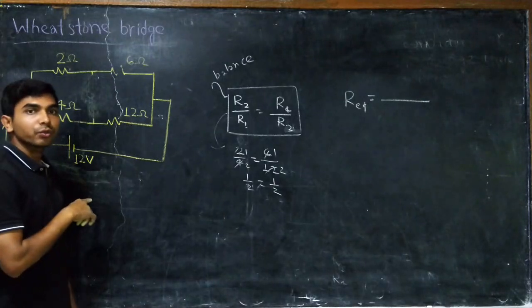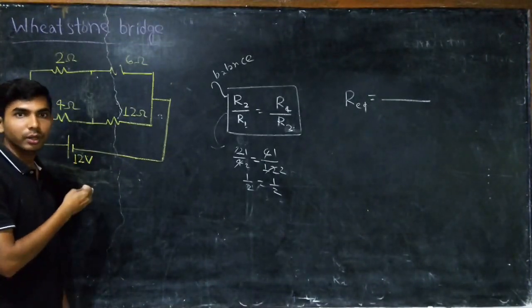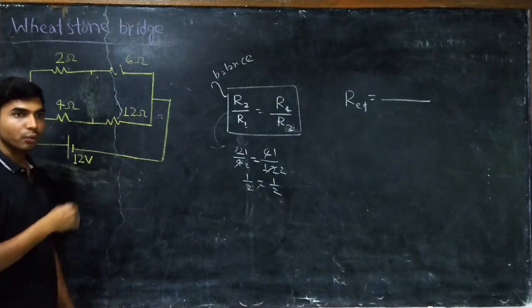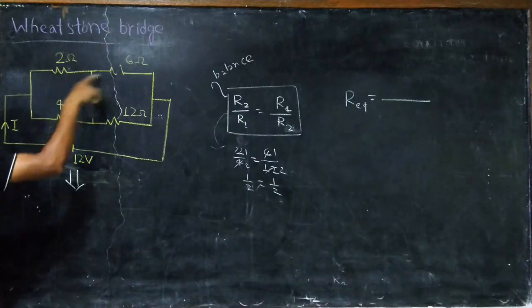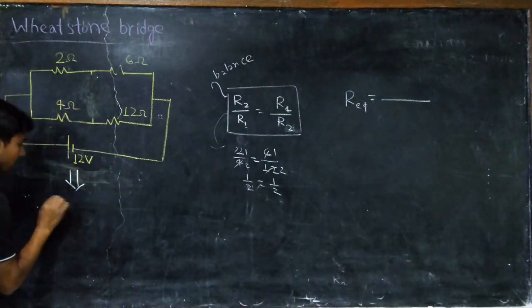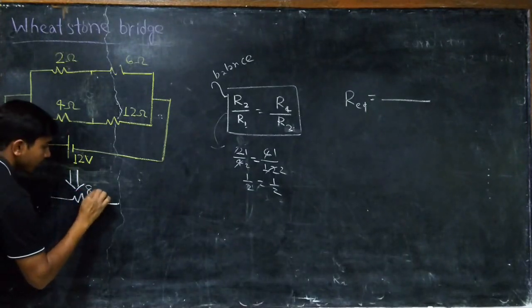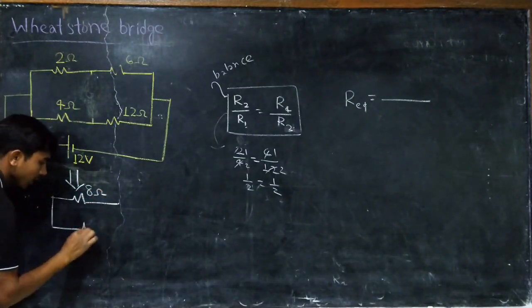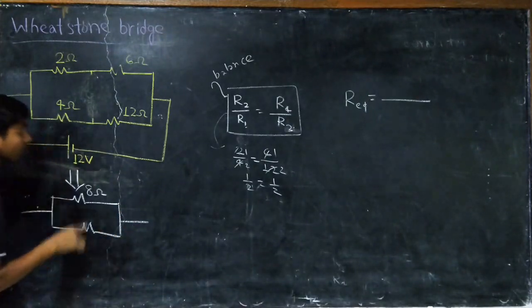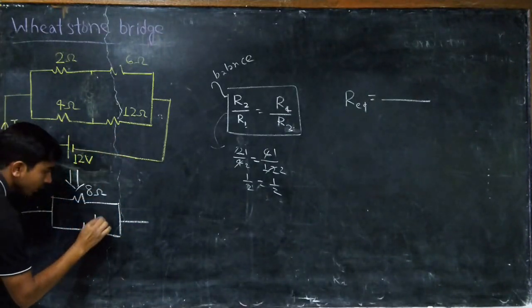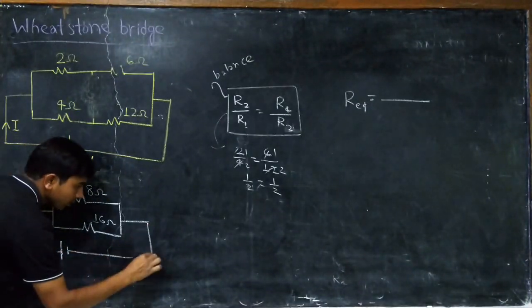for solution purpose you have to draw another figure, right? No need to draw in the same figure. First you draw the figure in the question, and then you draw the figure in the solution. So again we can write, in place of these two, a single resistor which has resistance 8 ohm, and in place of this one a single resistance of 16 ohm, right? And the battery is connected across these two.